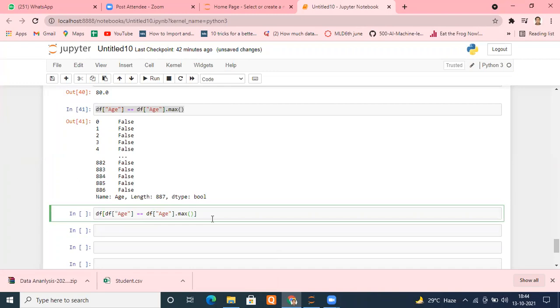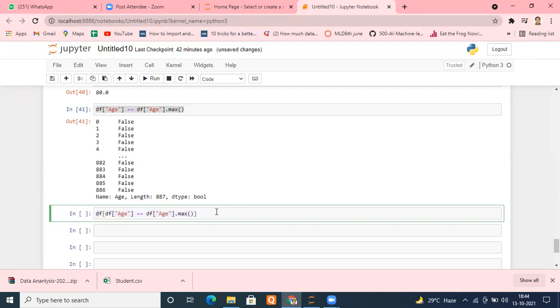It is saying: give me those rows of the data frame which satisfy this particular condition. Are you getting my point? Only those rows which return true will be selected in my data frame.